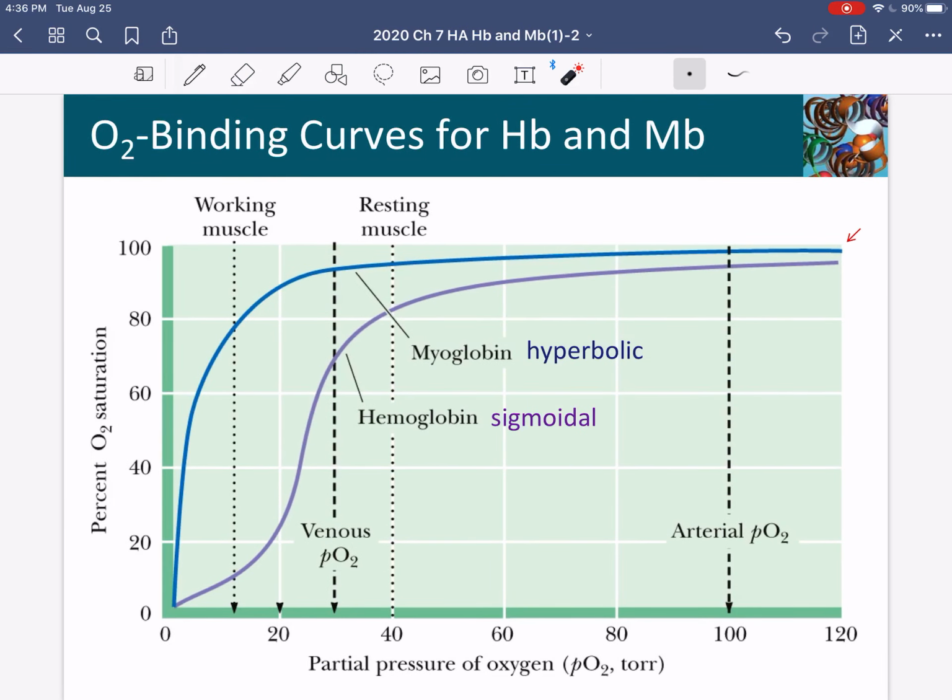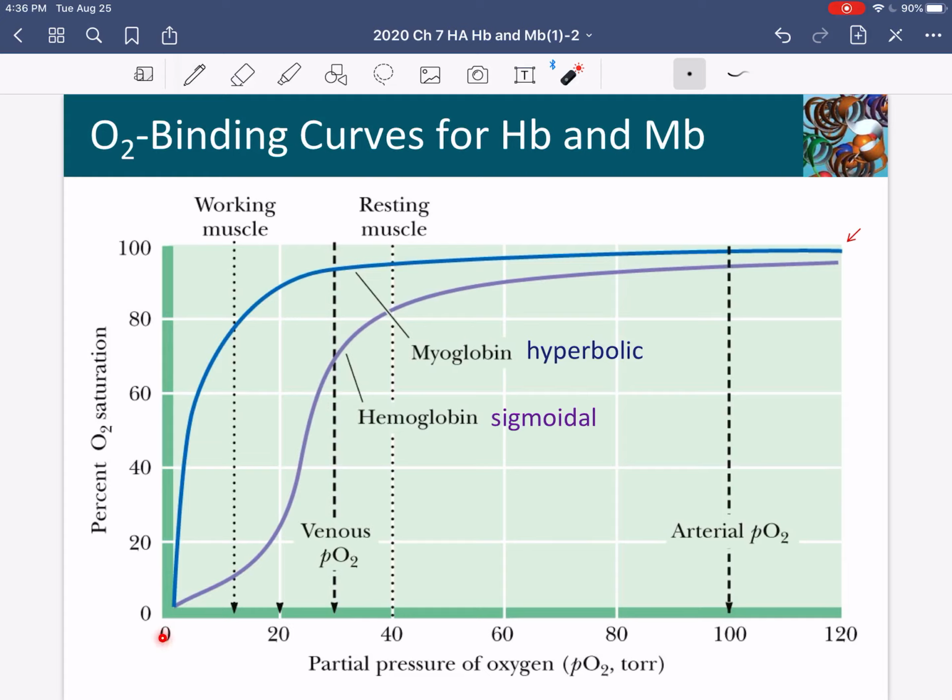All right, so now I want you to really pay attention to this curve because you may have to explain it on an exam. What we're looking at here is myoglobin binding to oxygen and hemoglobin binding to oxygen. On the x-axis, we have increasing concentrations of oxygen expressed as the partial pressure of oxygen, or PO2, in units of torr. This partial pressure is explained in Hank Green's crash course video, so watch that if you want to understand the relationship between partial pressure and straight concentrations of oxygen.